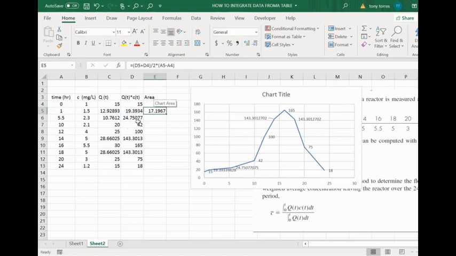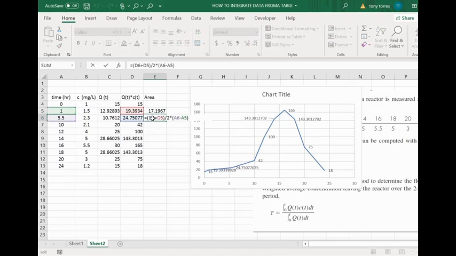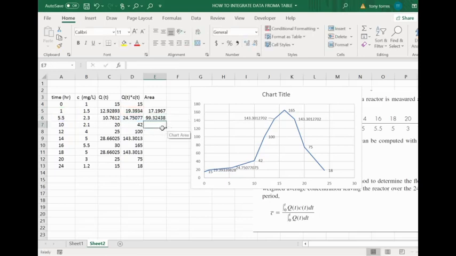Now for the second area, we need this and this, and the difference will be between this one and this one. So what I need to do is just drop this. See? That would be the difference. As you can see, it is the average of the elevation or the height, 24 plus 19 divided by 2, multiplied by the separation between 5.5 and the 1. And that will do. For the next one, you keep moving, and you keep moving